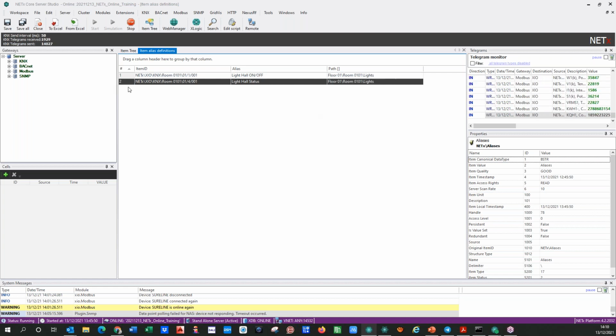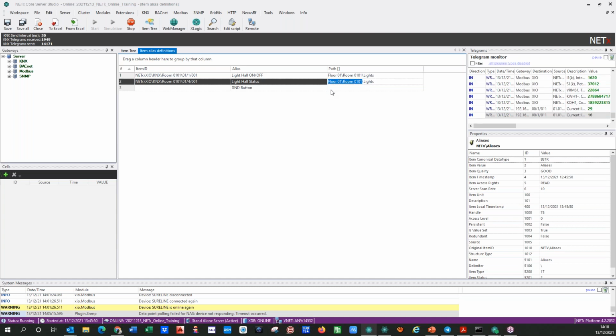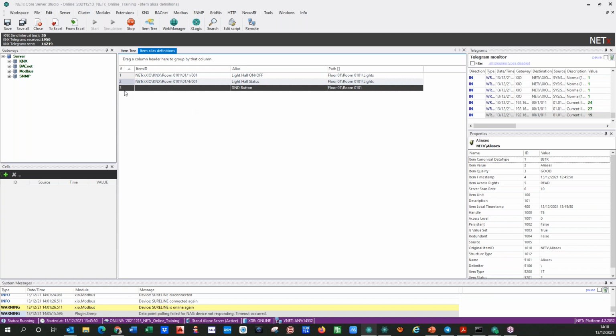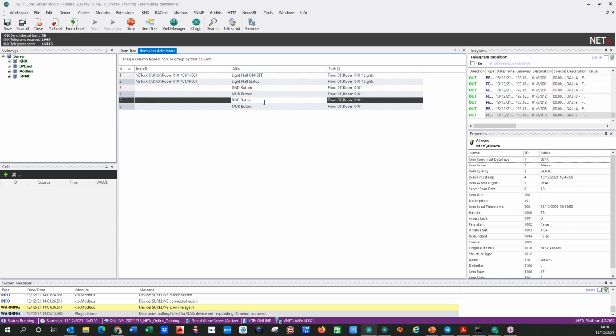And we can put this here, for example. And this is fantastic. But the best thing is that imagine that I need the do not disturb button, for example, okay? That it has to be also here inside this room. And we need maybe the makeup room button. But also some status of this and some status of that